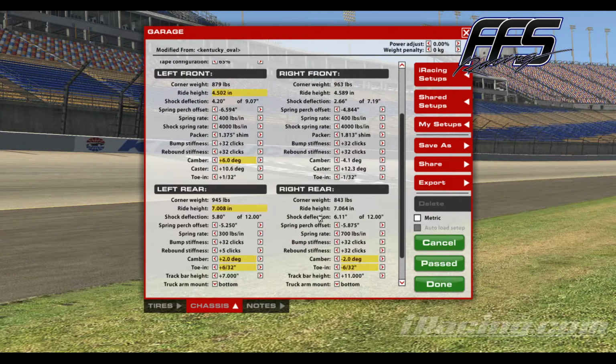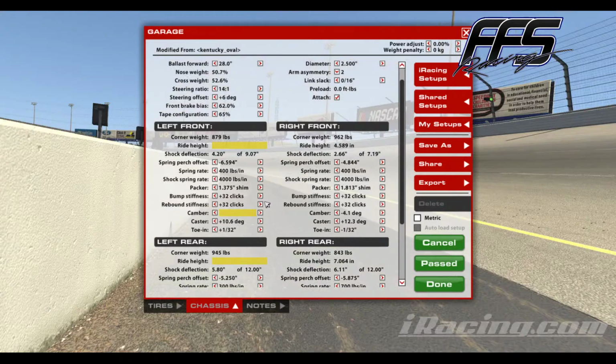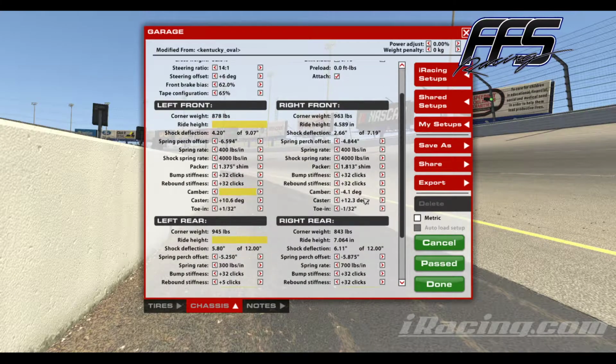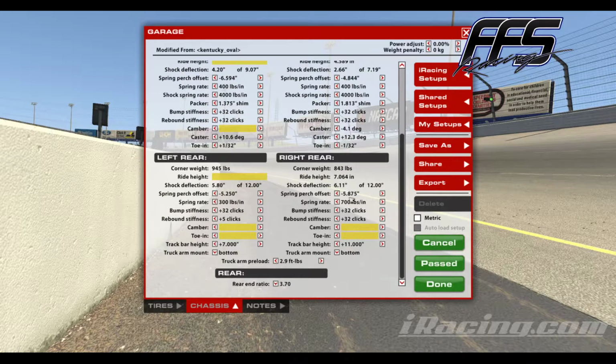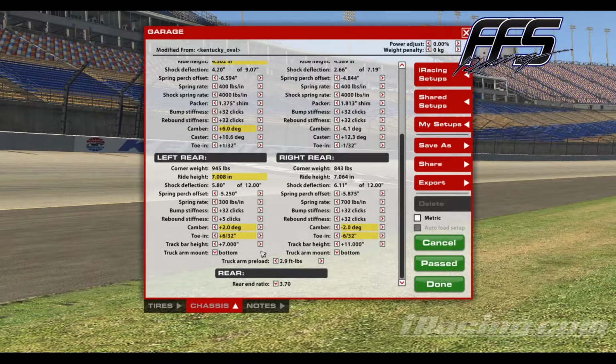As far as adjustments go, you can raise cross weight if you get loose or tight, and you can lower it if you're tight. Again, play with the bumps and rebounds. The rear springs you can use to fine-tune ride heights as well as handling. Track bars,